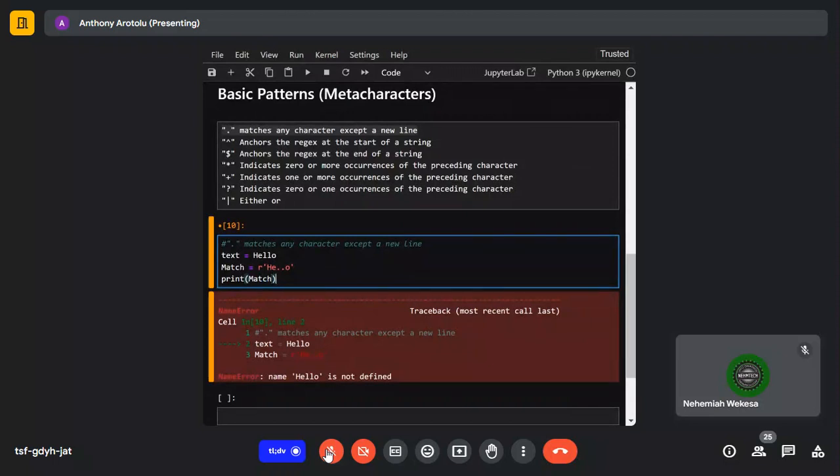Anthony, I think your text should be a string, so you need to include that. Then, if you're trying to find a match, I think you'll have to use the findall function. So I think you need to say text is equal to hello. Then you are now looking for match is equal to, so you need to say